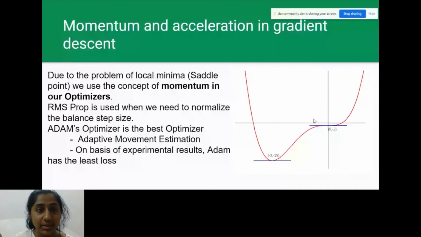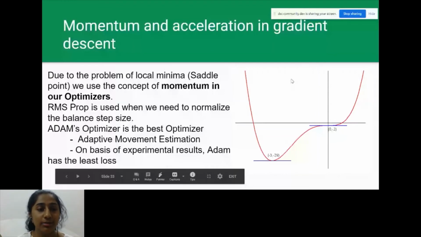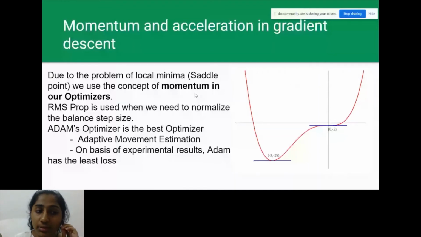in gradient descent. Using this momentum and acceleration in gradient descent, there have been many different optimizers, and our favorite is Adam, which is also based on this kind of momentum and acceleration in gradient descent. There are also AdaGrad and Adam, etc. I'm just going to say a line about these. We won't be discussing them today or using them in our session, so you can obviously Google them when the session is over.